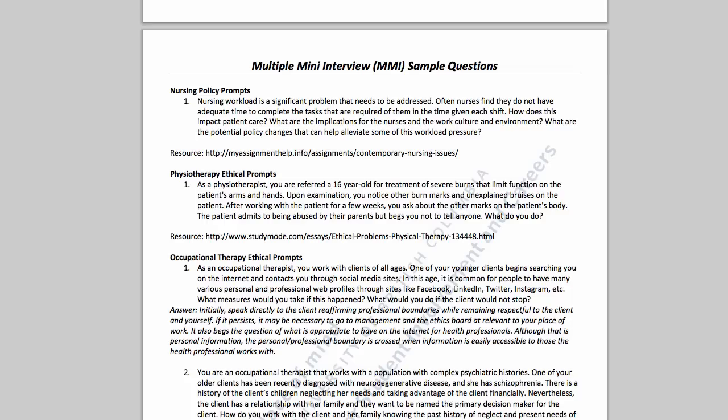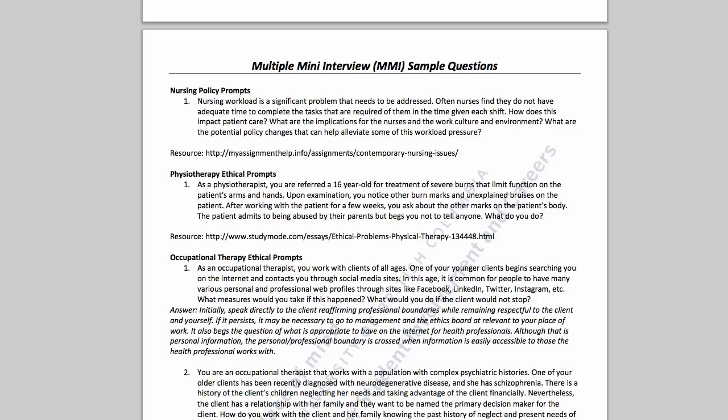This is the UBC set of practice scenarios. At the end, we have some other physiotherapy, nursing, occupational therapy, pharmacy, all these other MMI sample scenarios, but they all are relevant to the medical system, right? So you'll see this one over here.